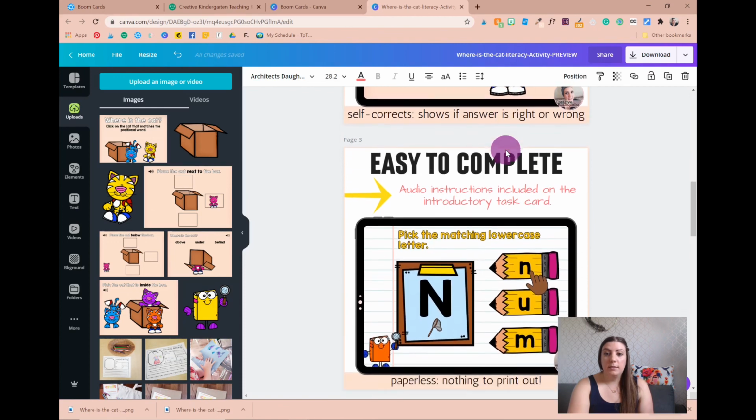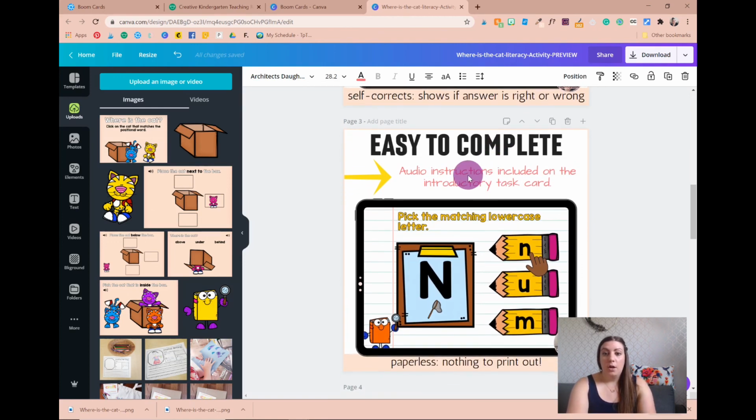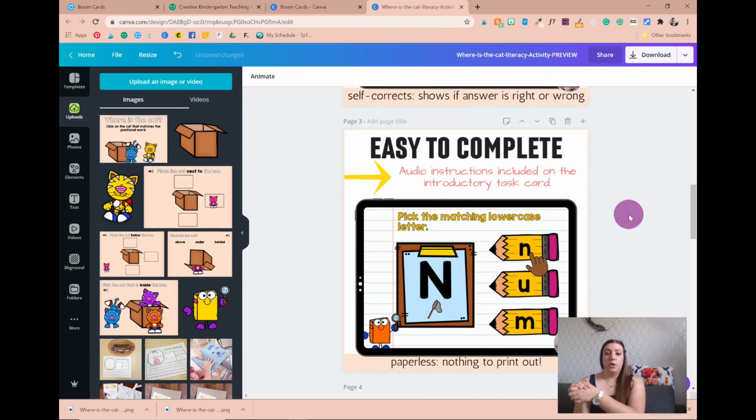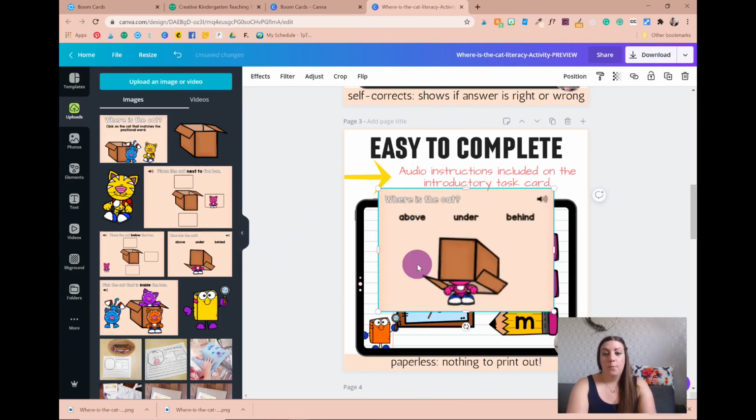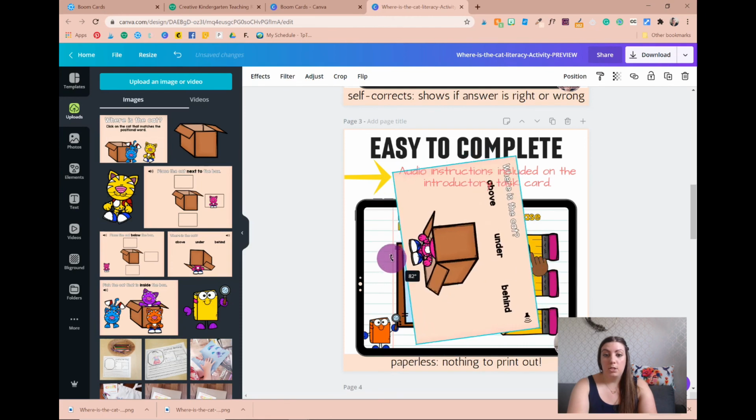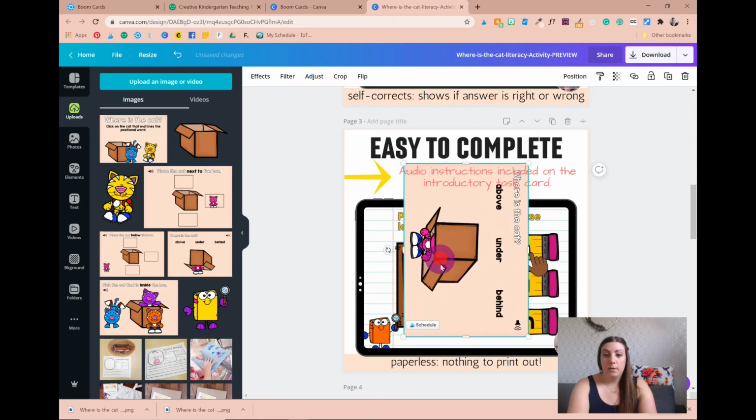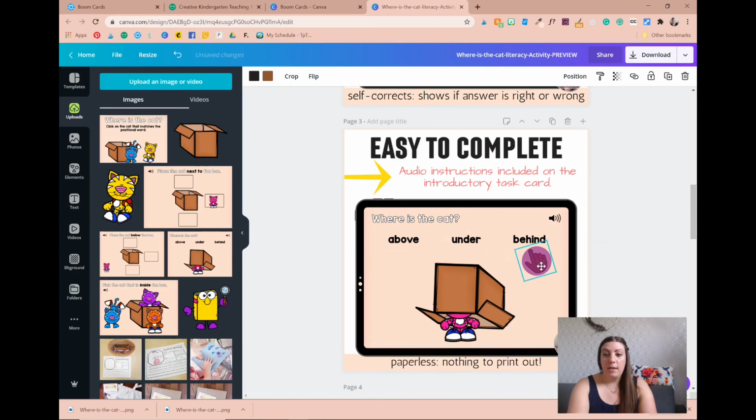And then easy to complete, audio instructions. So I can even just keep the same thing because I did keep audio instructions that were included on each task card. So really, I could just replace the image that's here. And then I usually have a hand signifying where they can click. And so I just put the hand over where the audio instructions would be included on each task card so that the teachers who are looking at my preview know that you would just have to click on the audio